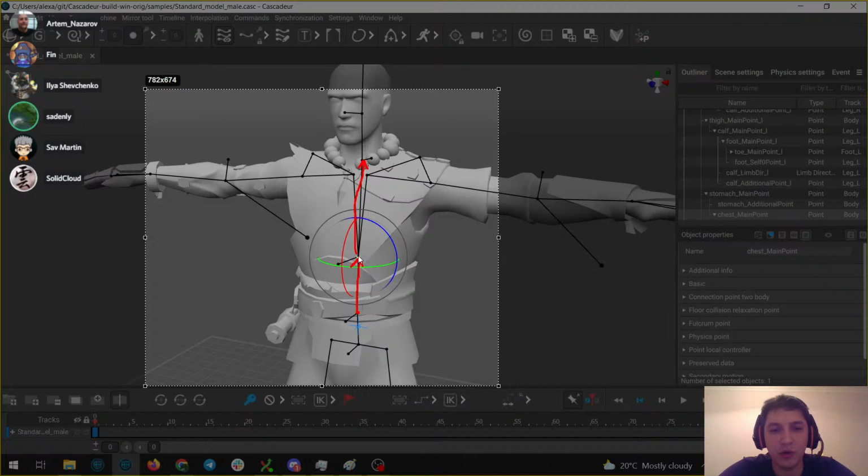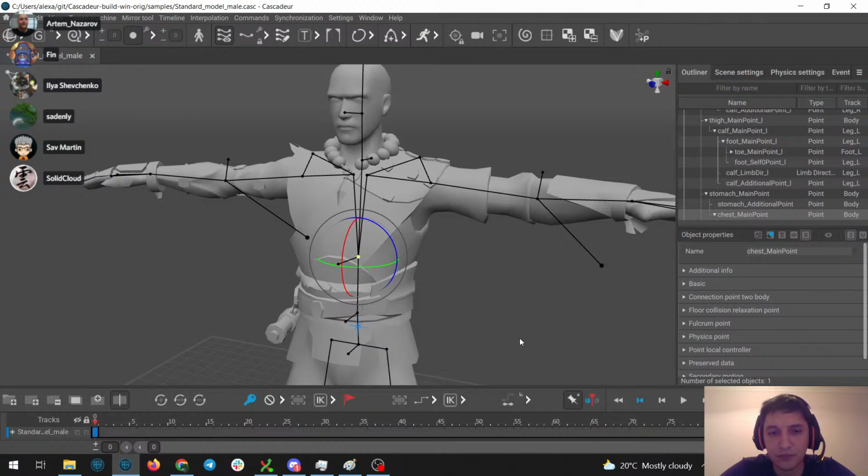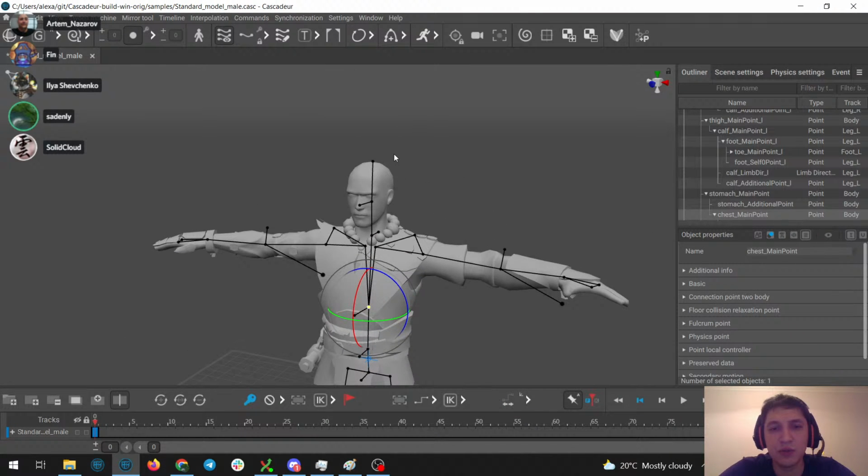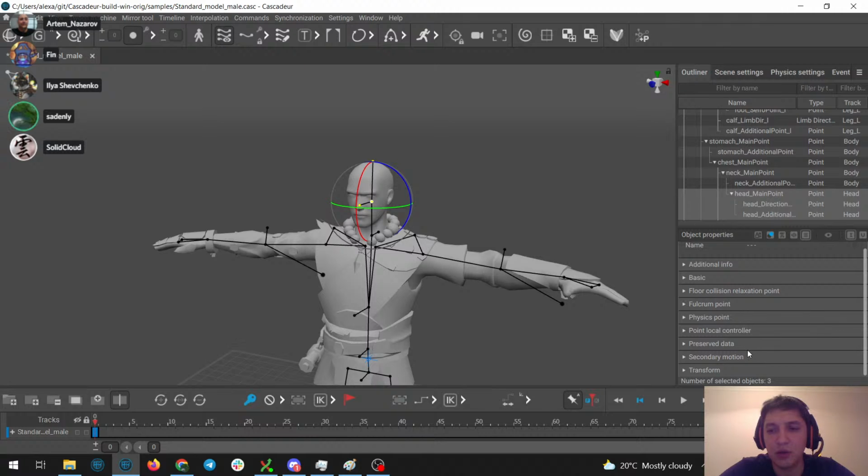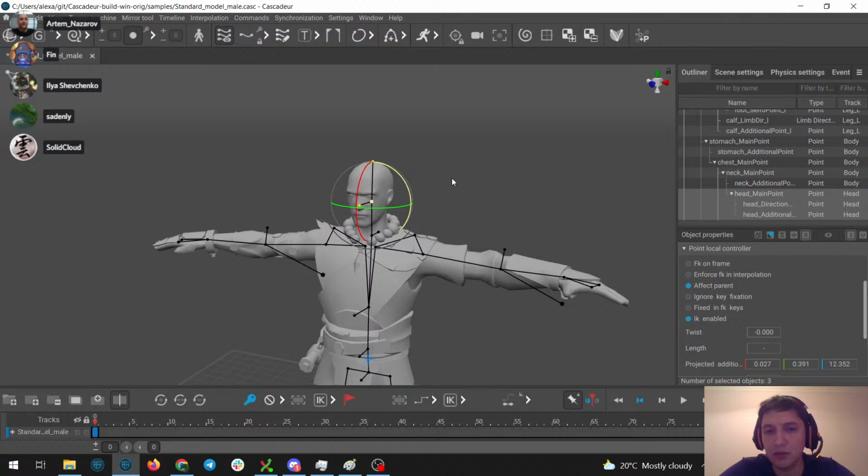By the way, for additional points, we also interpolate vectors that start in the main point and go to the additional point. For IK, those are 3D vectors. For FK, we use a different type of coordinates.